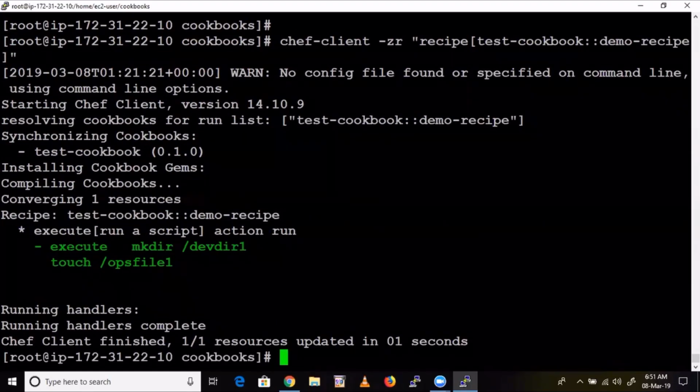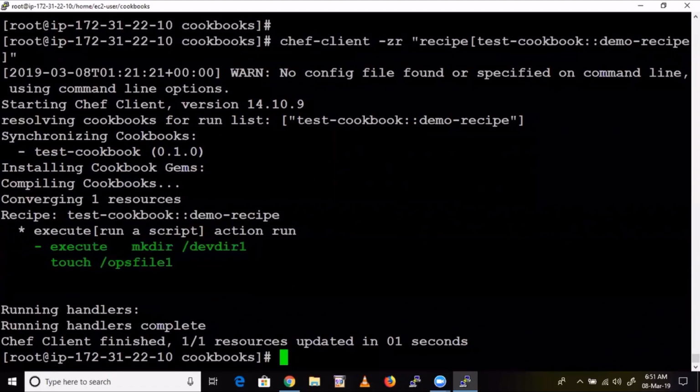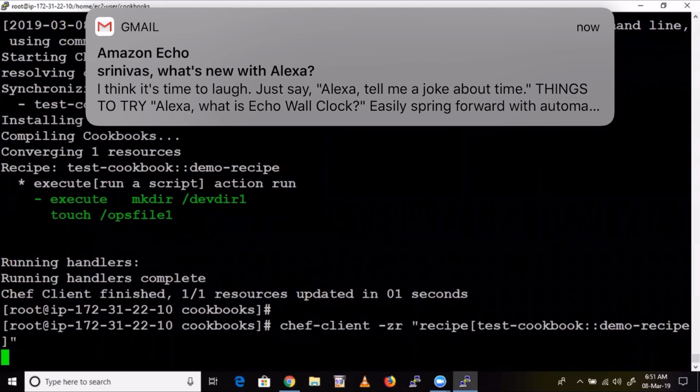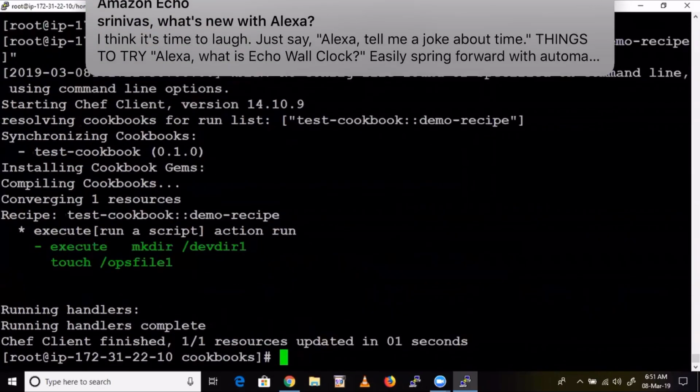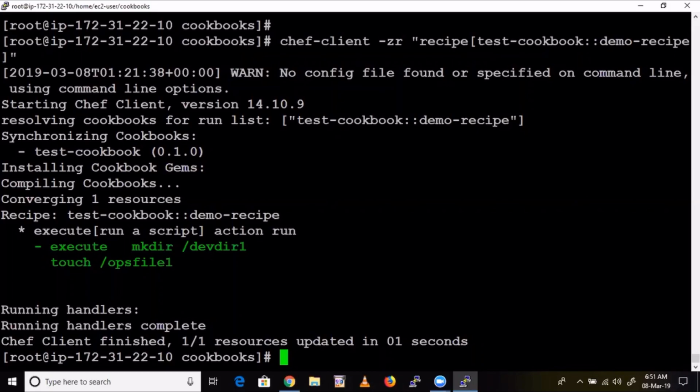See what it is showing. Again, it created and overwrote the old directory and old file. Now rerun again. I'm calling chef client again. Now again it is calling, right? But it should not happen, right? It's against the idempotency concept in Chef. So yes, correct.